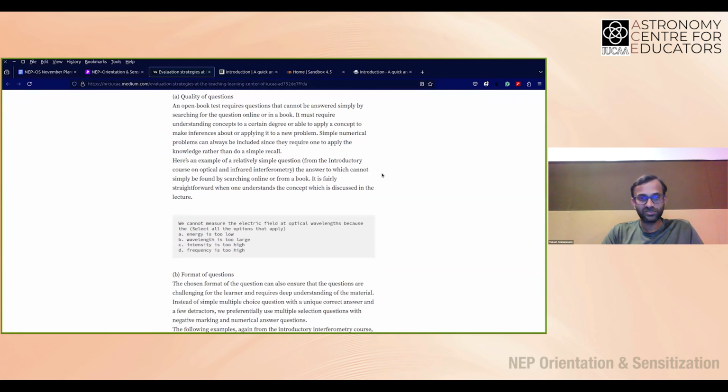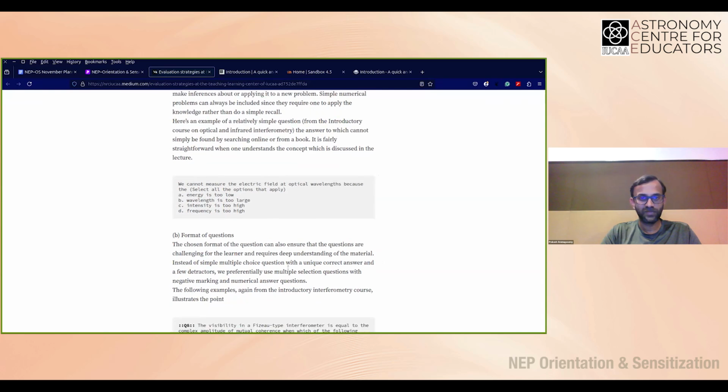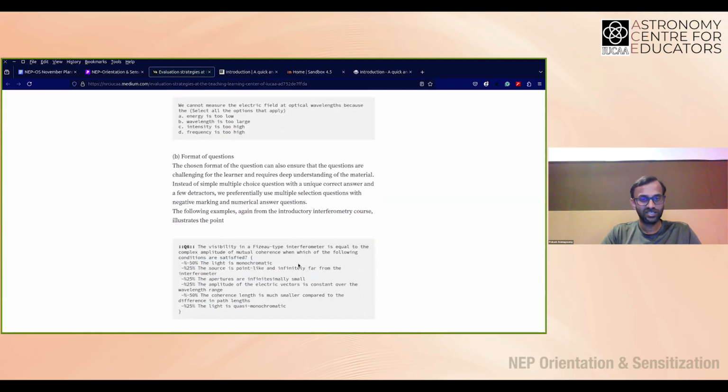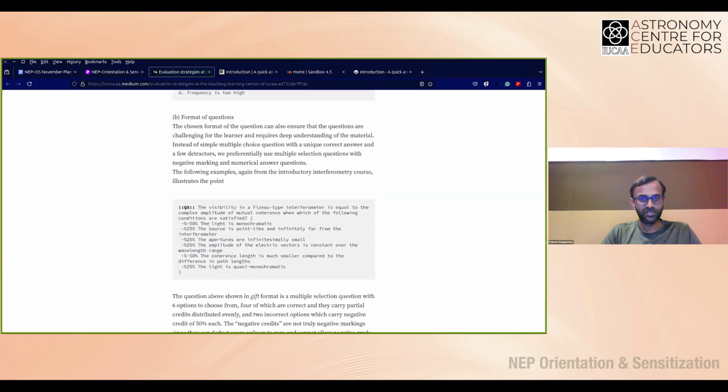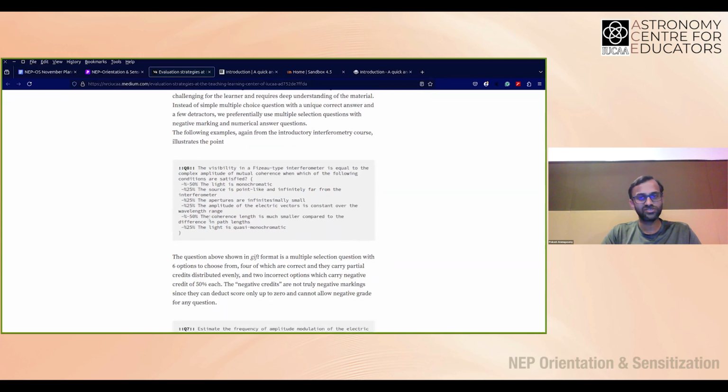Moodle offers the possibility of giving a wide variety of quiz formats, and we would choose something like a multiple selection option and put forth questions where the learners, or the quiz takers, will have to think hard about which options are clearly incorrect and which are clearly correct, and so on. So it offers a flexible way of partial grading as well. It uses a format which I'll explain in a little bit.